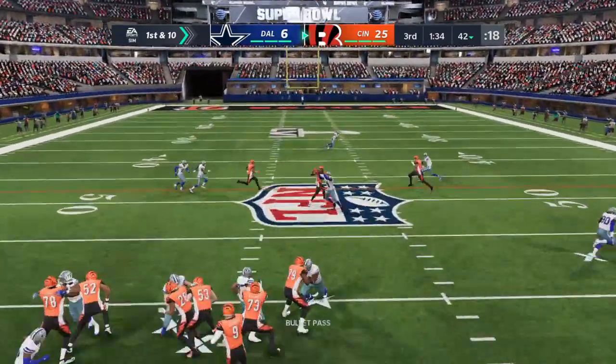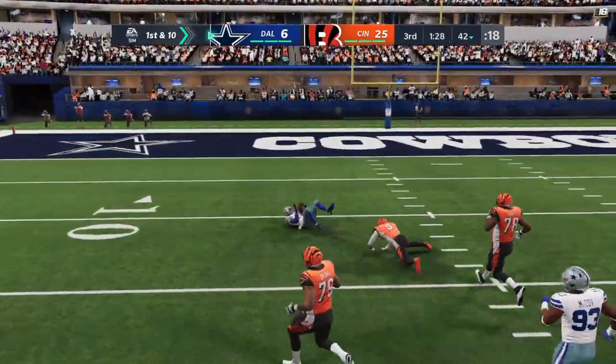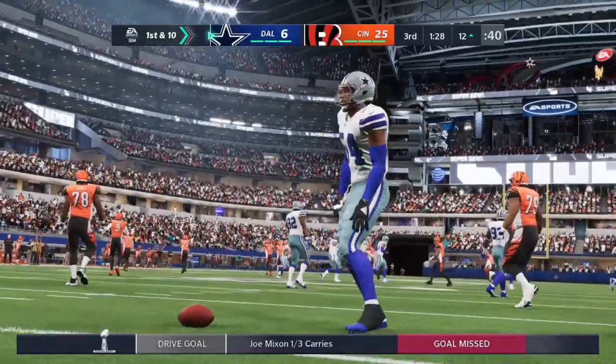Now Burrow on 1st down. Into heavy traffic, and it's intercepted. Picked off by the linebacker, Jalen Smith. And they will finally get him, but not until he's all the way down inside the 15-yard line. They needed to